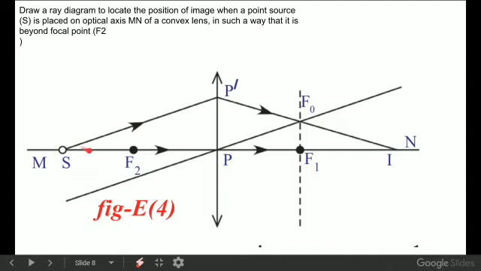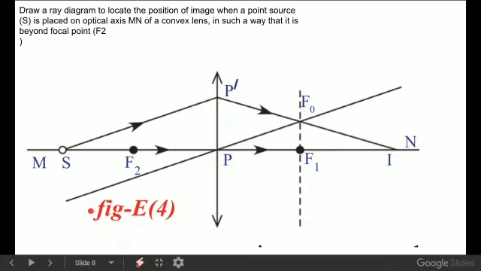First, the light ray originating from the object and passing along the principal axis will be undeviated from its original direction. This is the first light ray which we have drawn. But in order to locate the position of the image, we have to draw one more light ray. Draw a light ray originating from the object, incident at a certain point P dash on the convex lens, here or here, wherever you like. After refraction, in which direction it moves we don't know yet, so stop the light ray here only.